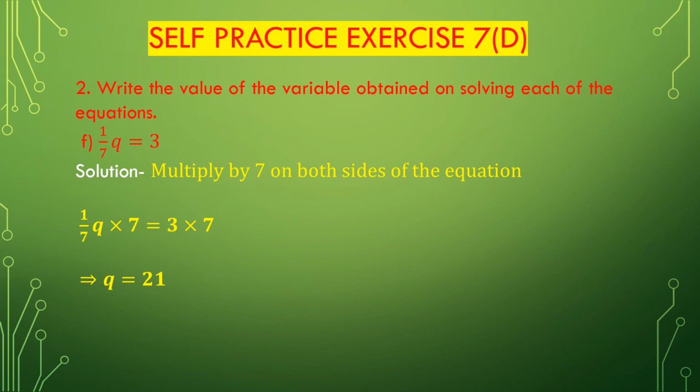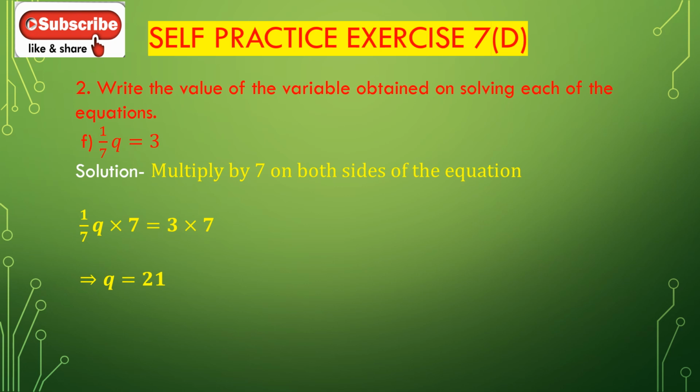Now we solve f. 1 divided by 7 q equal to 3. This is the equation given and we have to solve the value of the variable q. Here on left hand side 1 divided by 7 q is given and 1 divided by 7 is the inverse operation of 7. We know multiplication is the inverse operation of division, so we have to multiply by 7 on both sides